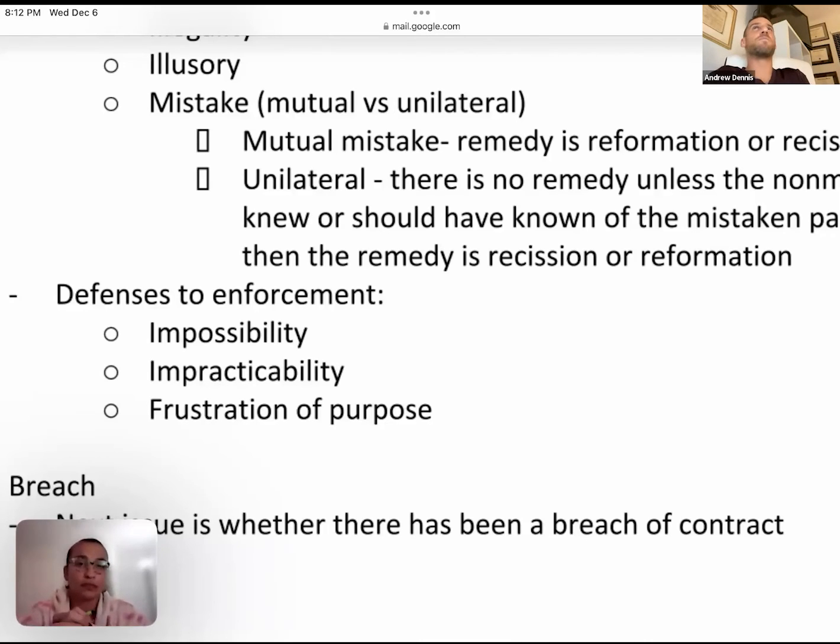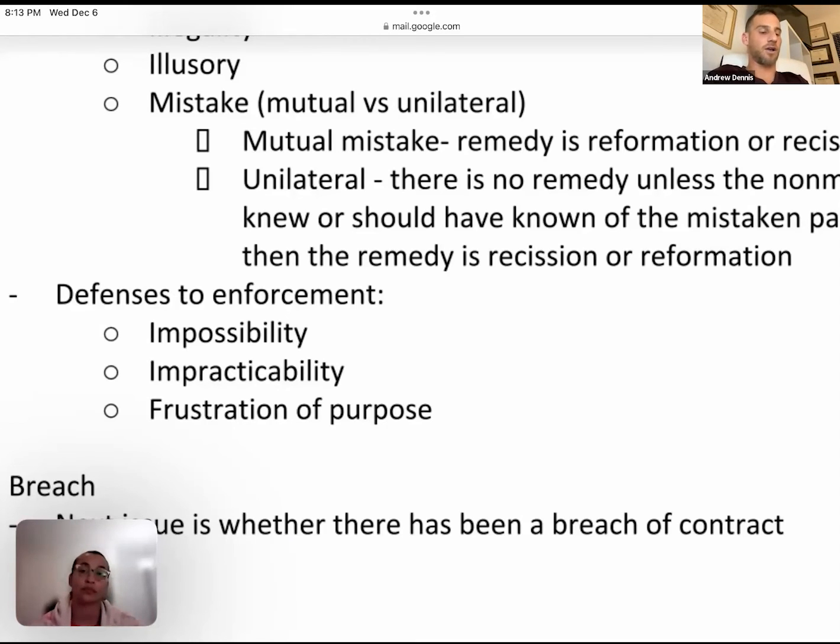Like, even then you could maybe argue some, like, oh, it's impractical, it's not impossible. Maybe you could call Elon and get a rocket ship, but I'm trying to give you all an example of how it needs to be so impossible. There's no way to enforce the contract. Impracticability means it would be really difficult to do, like a rise in price, an unforeseeable rise